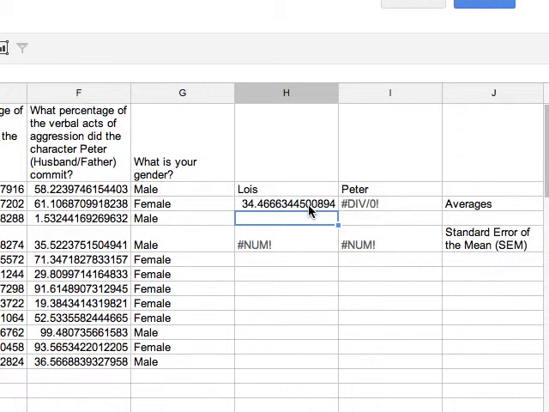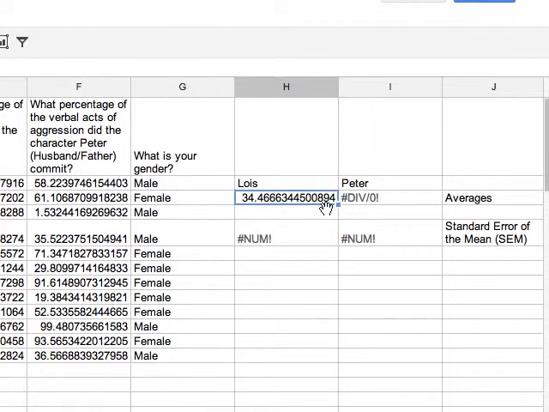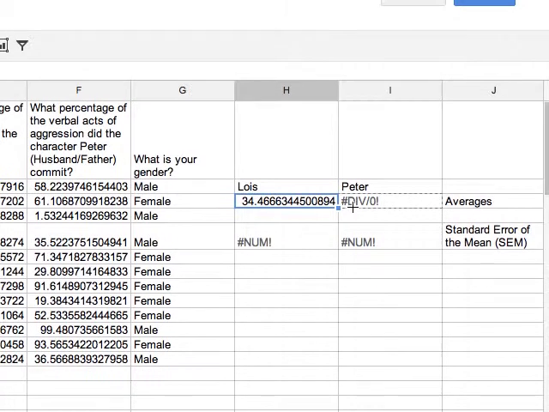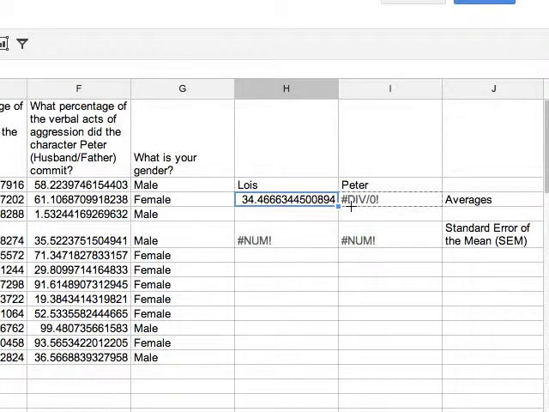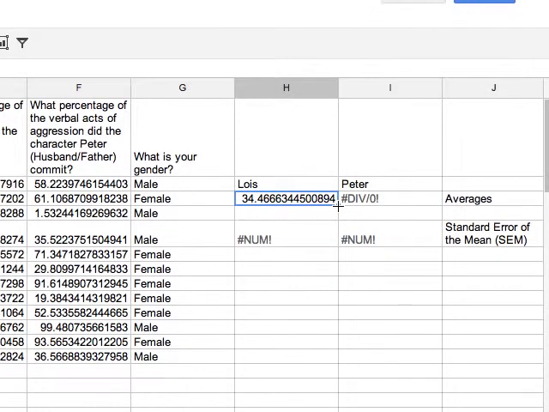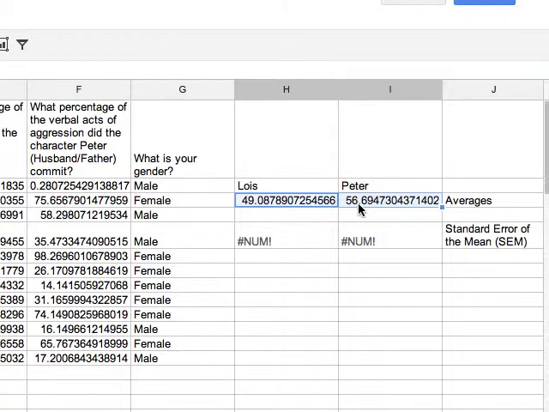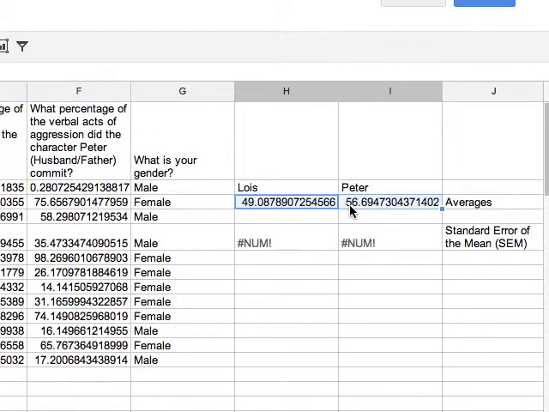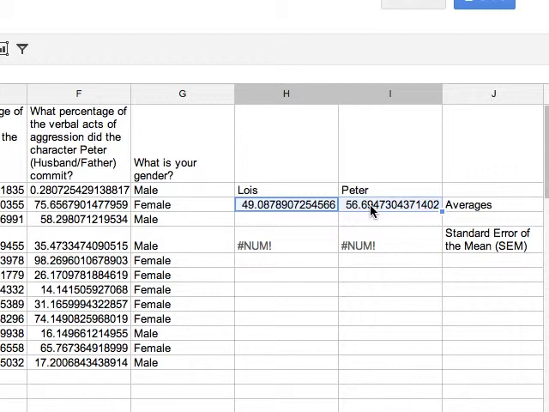All right, and we want to do the same thing for Peter, and since they're right next to each other, I'm just going to click on the lower right hand corner and then drag over, and that's going to give us Peter's average. All right,